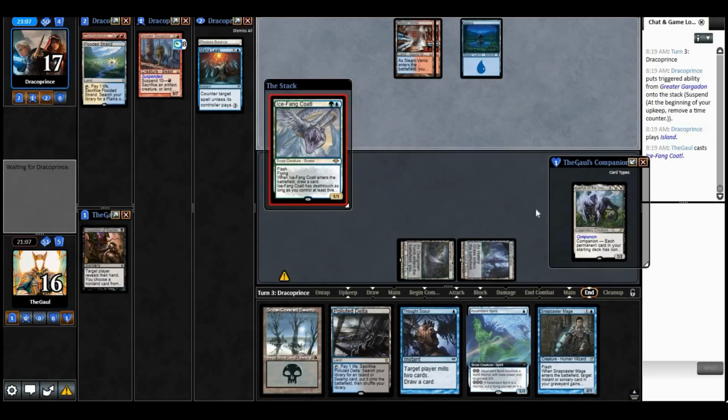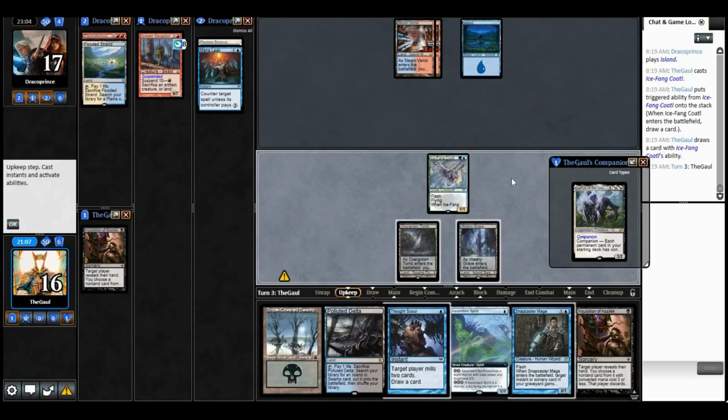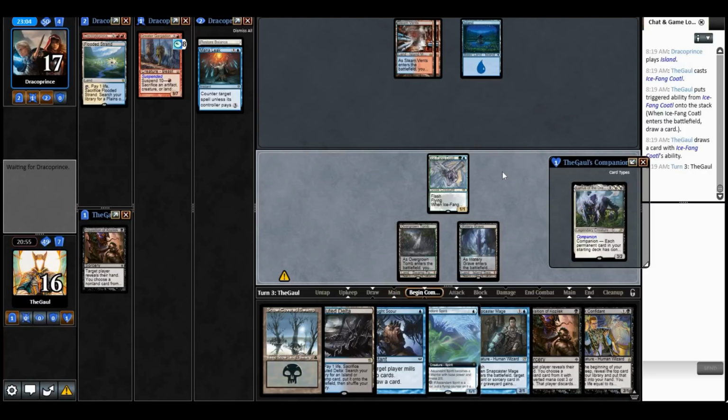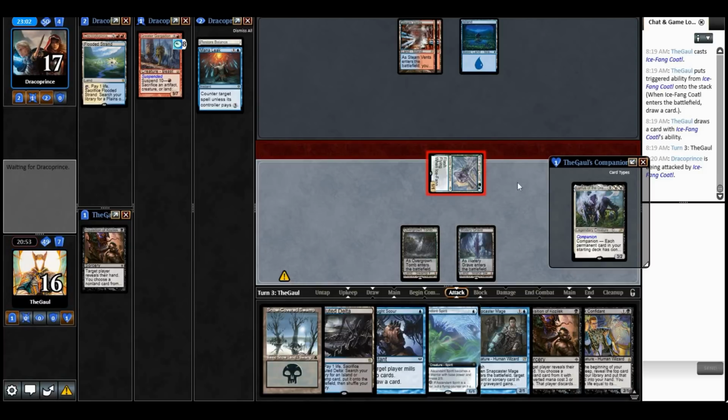No Death Touch in sight for the Quattle. That's okay. It's not especially relevant in this matchup. Just draw another Inquisition and a Dark Confidant. All right. Let's attack. I may actually consider using Bob as the Inquisition bait. That might be playing a little bit scared, right? But